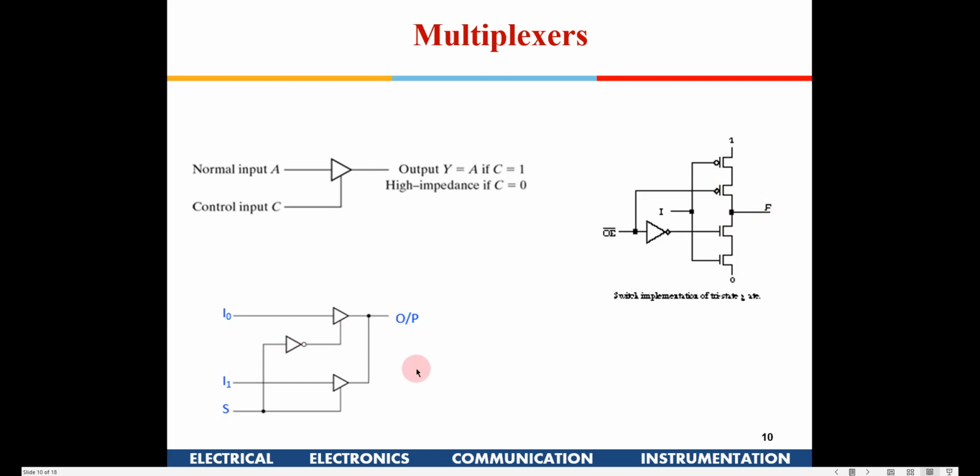So you will have to remember only this much for the time being, that what a tri-state buffer is: the input will be available at the output if this buffer is enabled, otherwise it will be in high impedance state. That is known as a tri-state buffer.